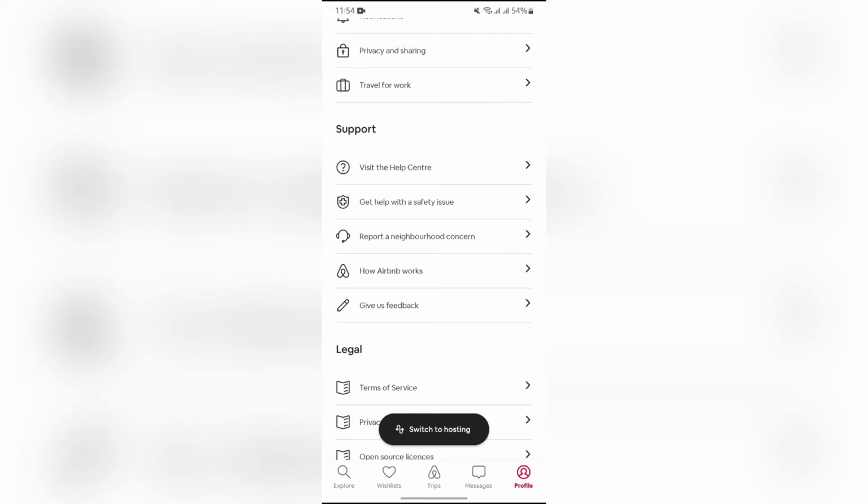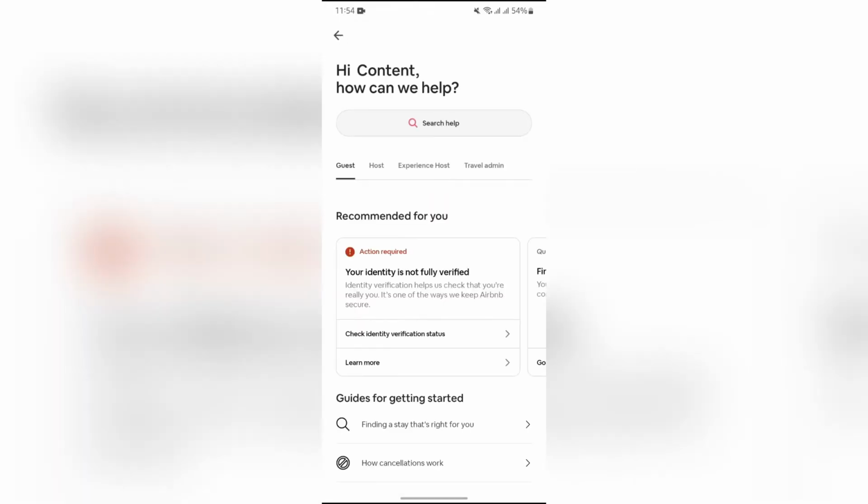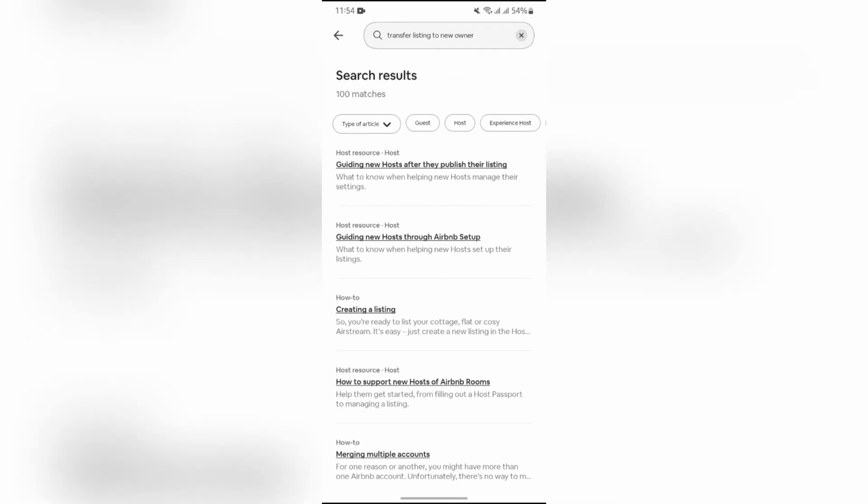From here, simply tap on the visit the help center option, and after coming into this option you will see the search help option. Just tap on search help, and then search for transfer listing to new owner, and after searching that there will be so many articles related to your search,